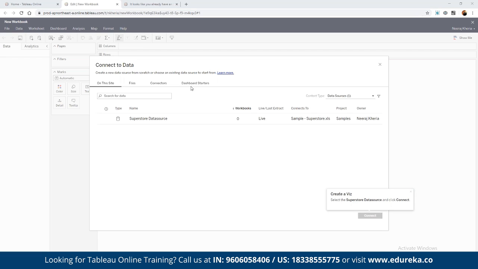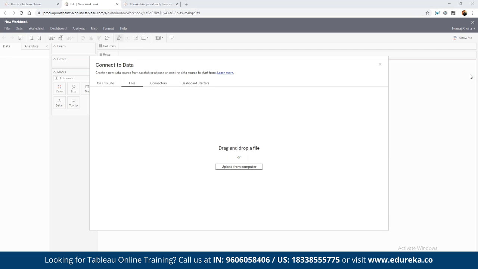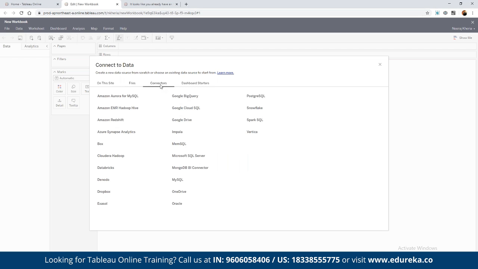Or if we want to upload any of our files, just like we do for the offline version for Tableau, we can choose offline. Then here, we can use multiple connectors available. Now, in terms of connectors available for the online platform, we have the connector for Amazon Aurora for MySQL, which